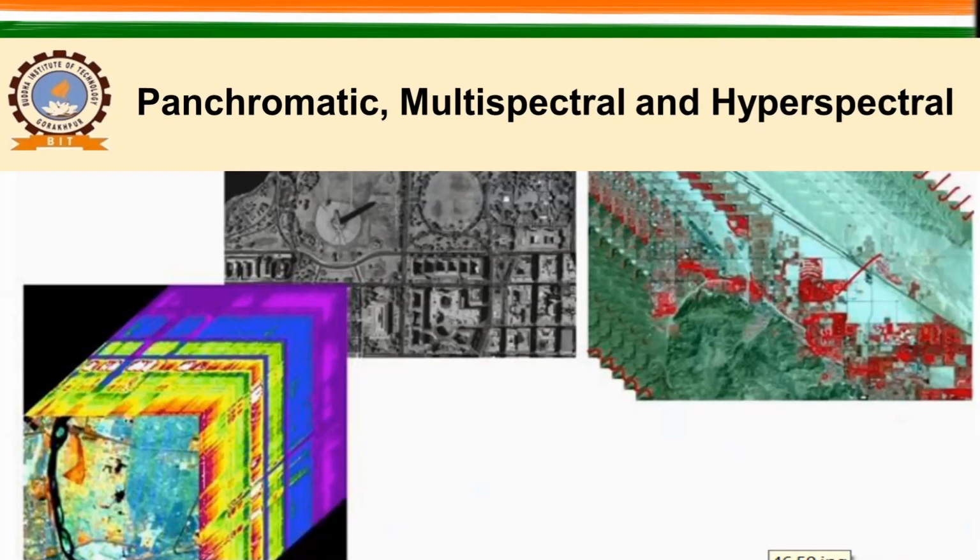So here the definition of hyperspectral includes continuous nature in measurement. Continuous means there will be no gap between the first image and the second image. This is very important. So when you have such a data set measured from a satellite, or through an airborne survey, or from a lab-based instrument, it is called hyperspectral. So this was all about panchromatic, multispectral, and hyperspectral.